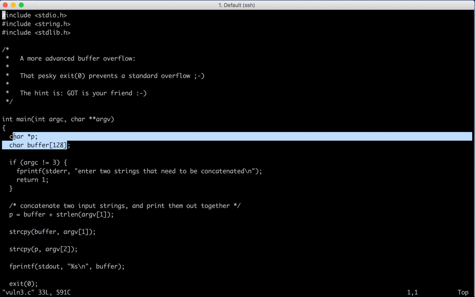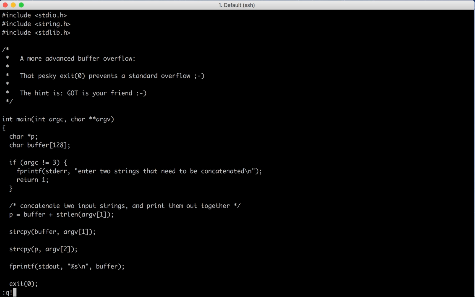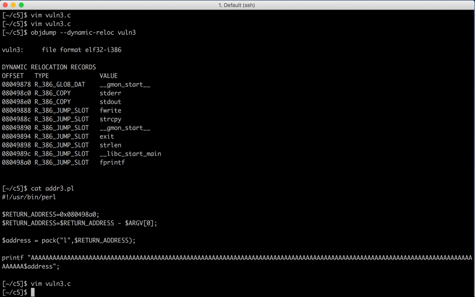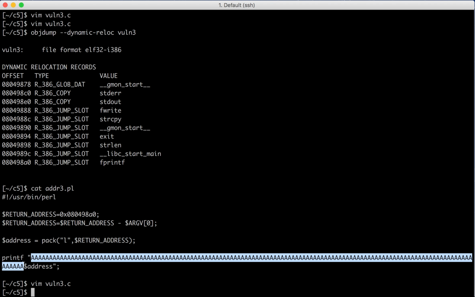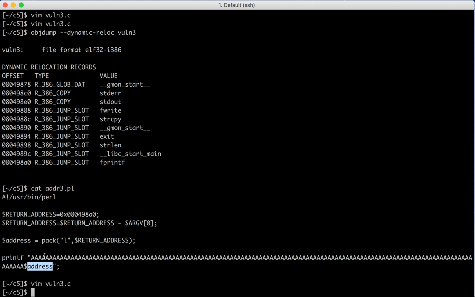So to make use of this opportunity, we create a file called addr3.pl, wherein we give 128 A's as input followed by a 4 byte address, which is nothing but the address where we want to write our own shell code. And along with this we also have